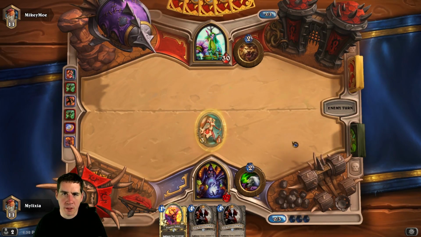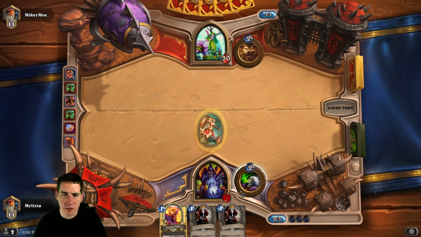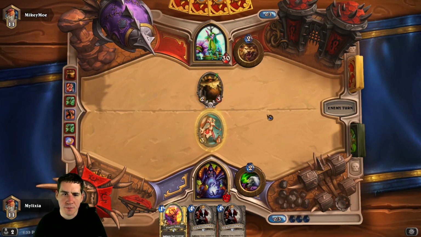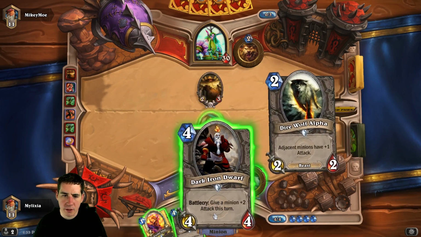I'm pretty sure he won't be able to remove that this turn. Which means it should do 5 damage with the Dark Iron Dwarf, plus a 4/4 on the board. He might play a Taunt or something, though. No, he wasn't able to remove it. Great. Okay, so...